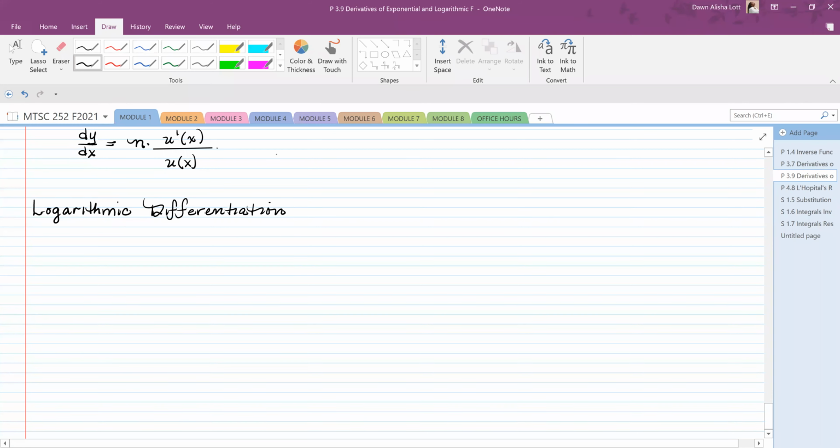Okay, so logarithmic differentiation, I like it a lot. It's a great way to take a derivative of a hideous, hideous problem. Okay, so let's say we have something like